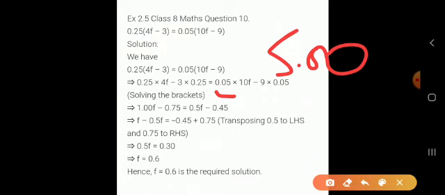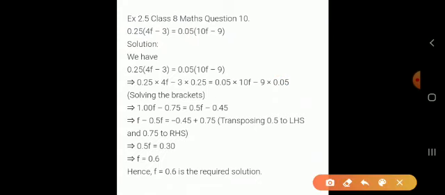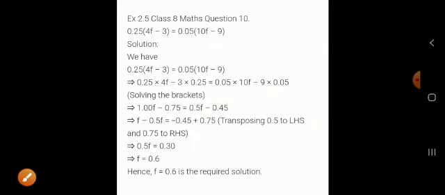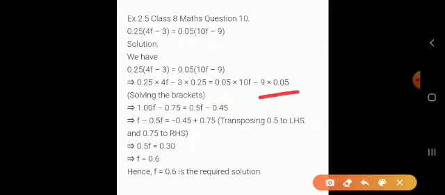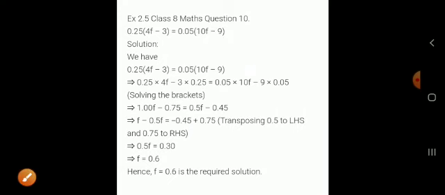So 5 into 10 will be what? It will be 50. And how many digits do we want after decimal? It will be 2 digits. So here putting the decimal, it is coming 0.50, which can be written as 0.5f. Now 9 into 0.05, we can consider just as 9 into 5. 9 into 5 is 45. 2 digits we want after decimal, so it is 0.45. So here 0.45 we are getting. Hope the multiplication part is clear.